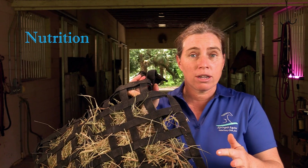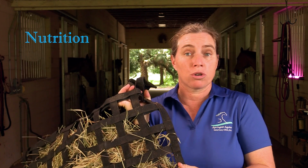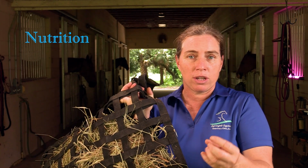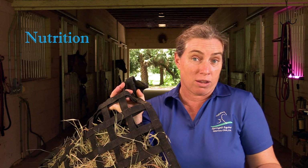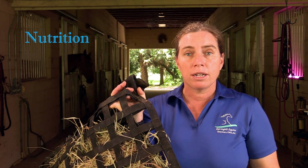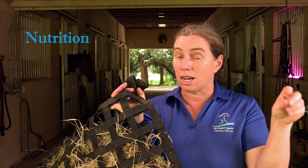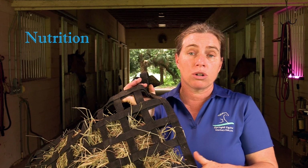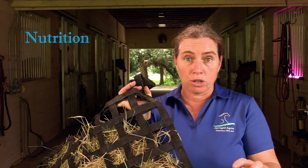For most areas of the United States anyways, that's going to be something like a Timothy or an orchard hay. You want something that's a thick grass hay. You don't want things that are too fine. Horses tend to colic on that. For example, in Florida, coastal is a hay that we commonly use here, but because it's really fine, the equine GI tract has a tendency to get impacted from that. So using a hay like Timothy or orchard or other thicker grasses is a really good base to your good